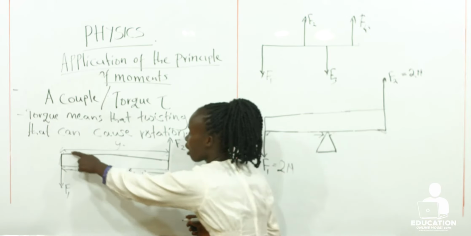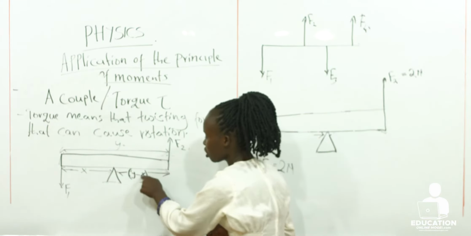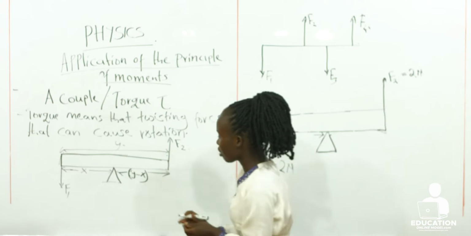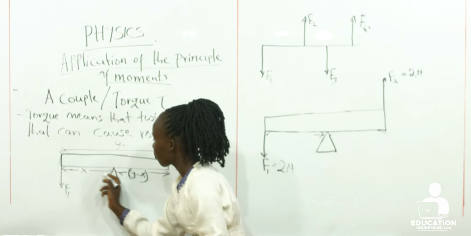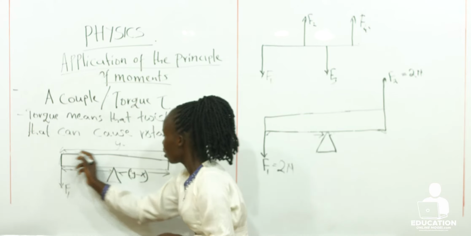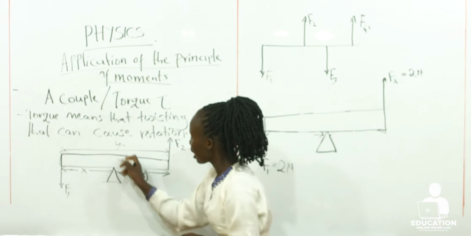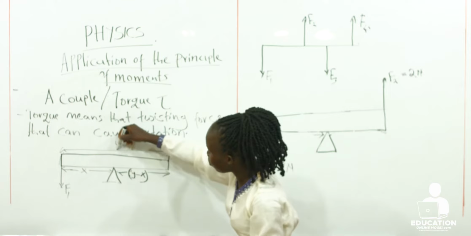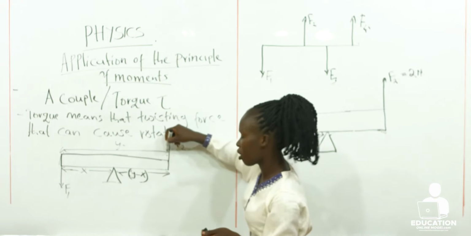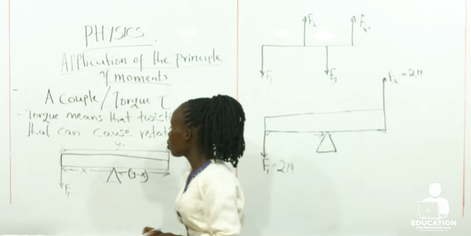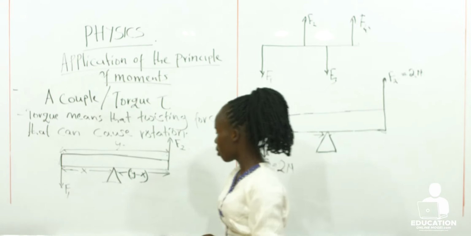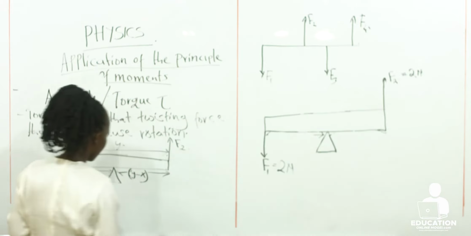Because here you have the whole of this. By subtracting x, you're removing this distance here from this one, so it will automatically leave you with only what is from here up to here, which gives you the distance of y. So when you're getting the moment here, you'll have it as,